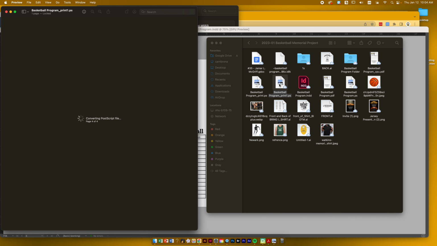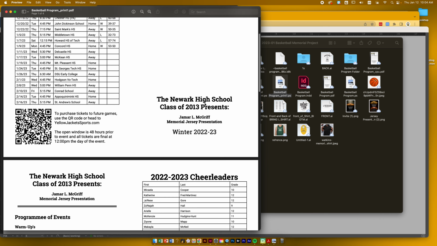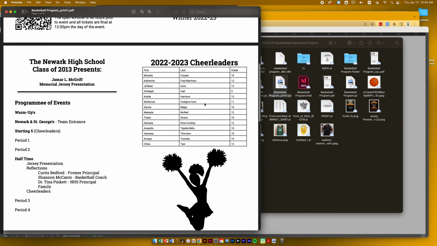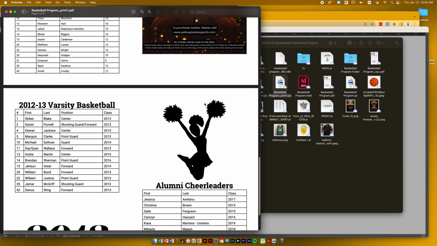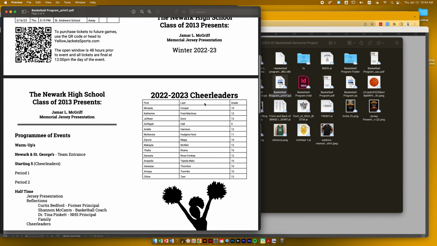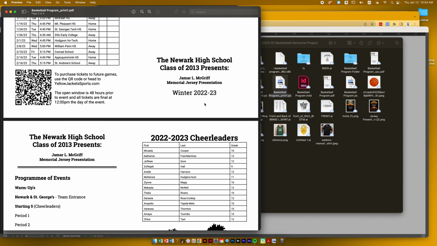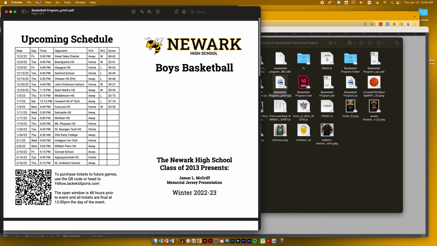It just takes a second here, converting page 4 of 4. So if we print this, the only thing that sometimes can get messed up in the printer is that sometimes the printer needs every other page to be upside down based on the way that it feeds pages. You can go in and fix that by going to,